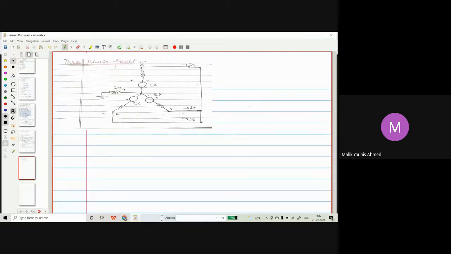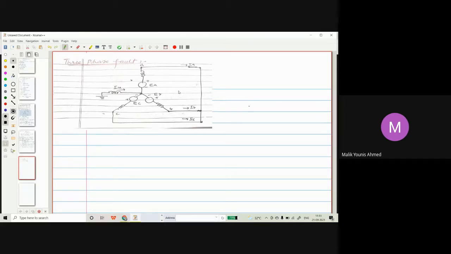Okay, Mumin, can you tell me what will be the post-fault conditions in this case? Mumin, are you there? Yes, sir. What will be the post-fault conditions? Sir, first, the currents will not all be zero. In the previous cases some current used to be zero, but here no current will be zero. That's not a post-fault condition. That is obvious, because once the fault occurs, that is going to happen. Otherwise, it's a balanced system. So that will not be considered as a post-fault condition.